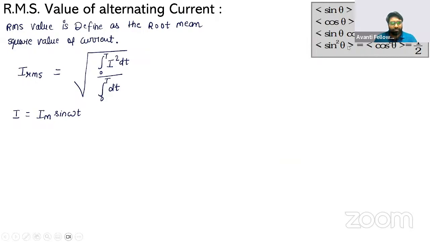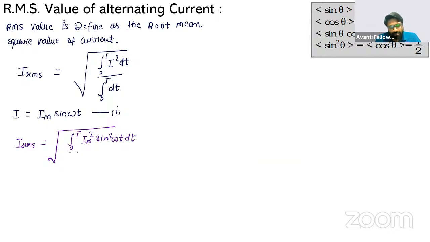So again what we will do, this is equation number 1, now change the color here, put it into the equation I RMS is equals to square root of integral 0 से t I square dt, which means Im square sin square omega t dt divided by integral 0 से t dt equals to, now just the mathematics here, take Im square outside of the integration because it is a constant quantity, 0 to t, Im square is what,